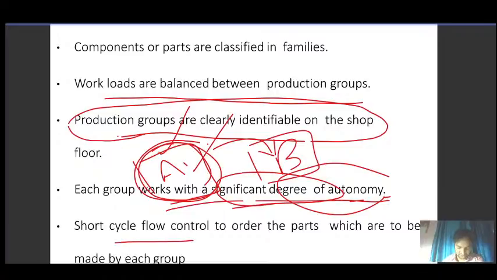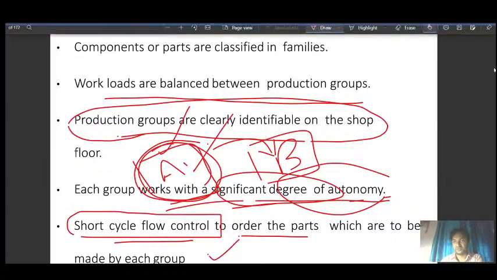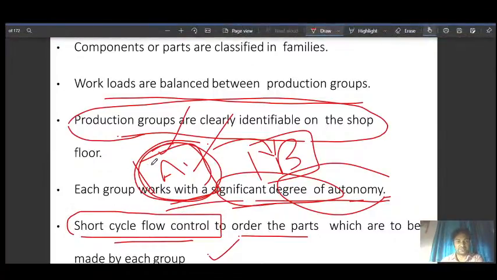Short cycle flow control to order the parts which are to be made by each group. Here we have the short cycle flow, because the machines are grouped together, so parts move a smaller distance from one machine to another. So as you can see, we have the short cycle flow.